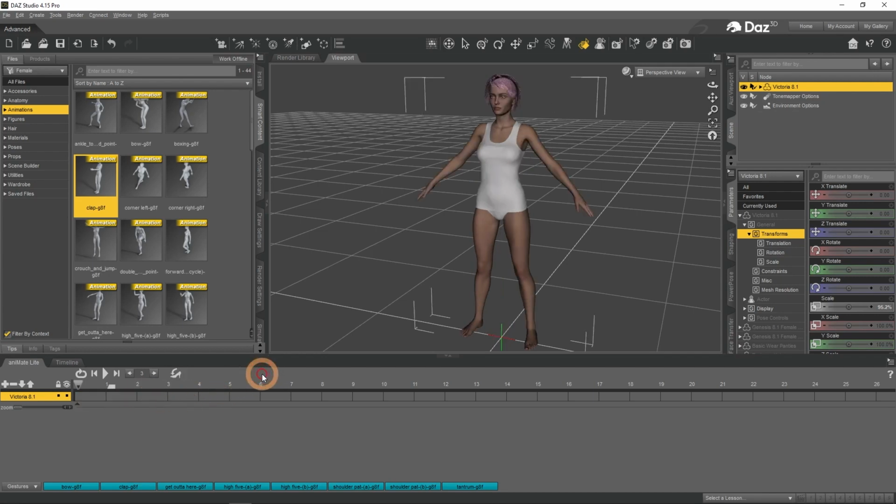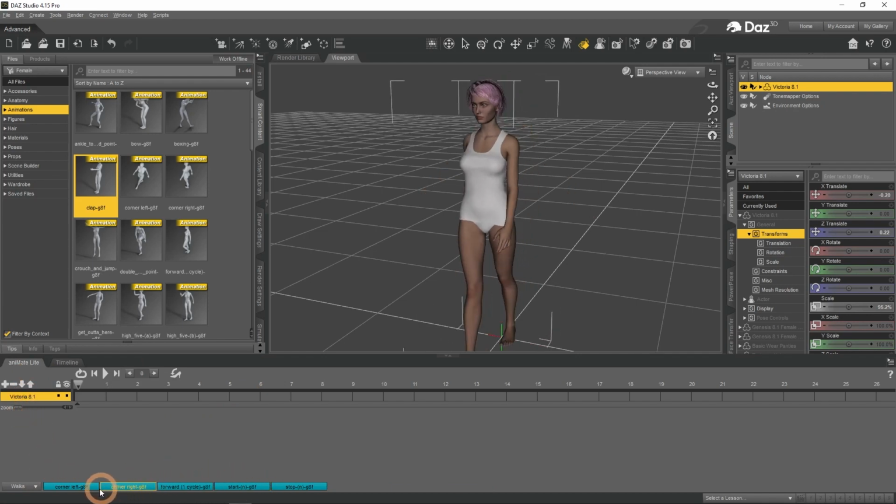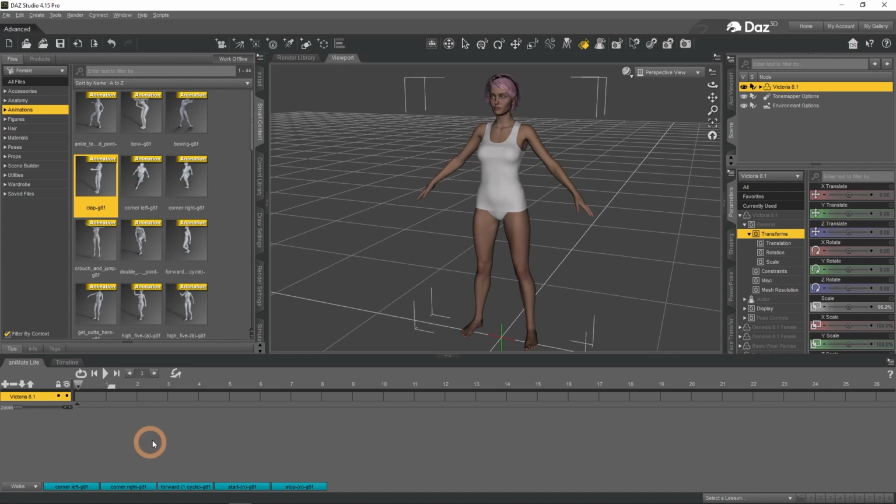Now I propose a little exercise. Change to the Walks presets and try using these Ani blocks to create a seamless animation that has both a start and a finish. Just press pause and see what you come up with, then resume. Let's see how exactly you could have done that.